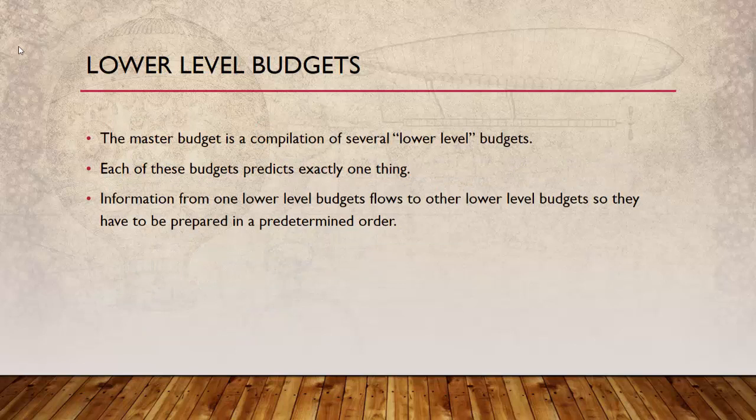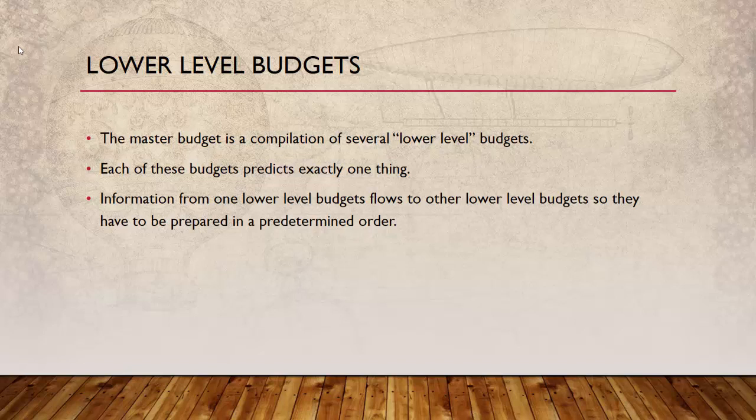To prepare a master budget, you have to break it down into a compilation of what they call lower level budgets. Each of these budgets focuses on exactly one thing. So we're going to have a budget purely for the amount of units that we expect to produce. We're going to have a budget purely for the amount of revenue we expect to generate. We're going to have a budget purely that focuses on how much we're going to spend on direct materials during the period and how much materials we're going to have to buy in order to make that necessary amount of